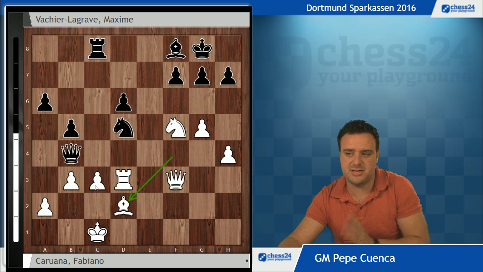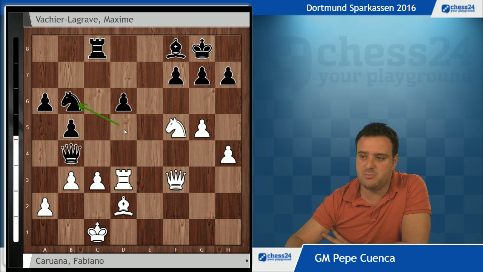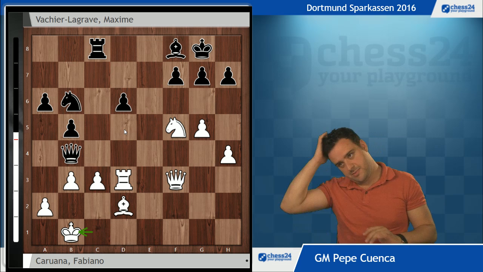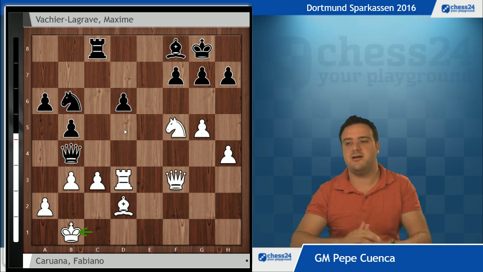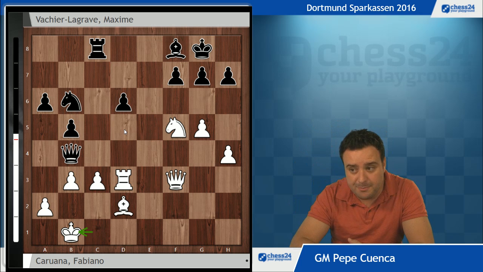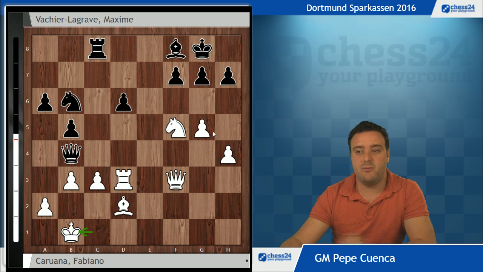So actually you cannot take it, but as I told you, I really like the way that Fabiano played this stage of the game. Bishop d2. Now of course you are threatened to take this guy with the queen, so you have to remove the knight, and now king to b1. And yes, black player Vachier-Lagrave is a pawn up, but suddenly our king is more or less safe, and then we have the initiative